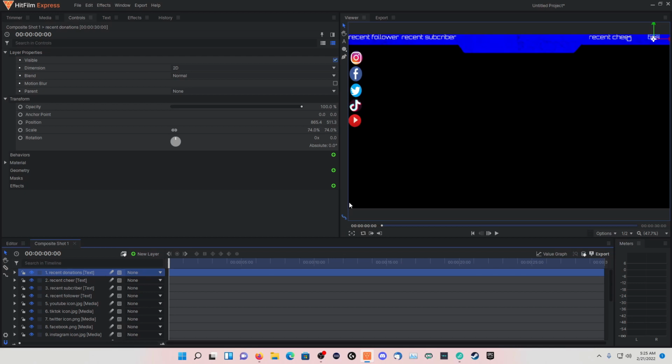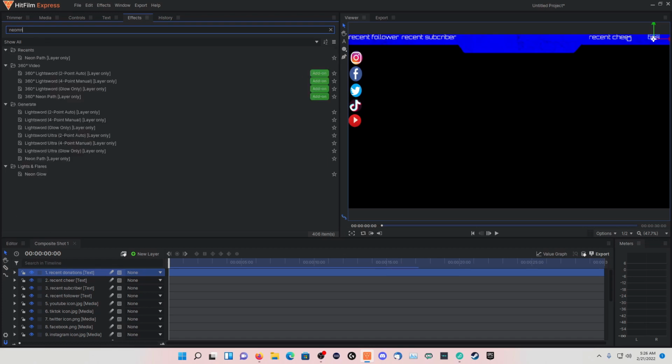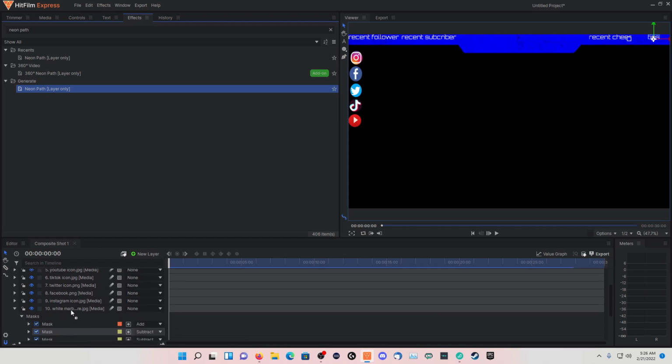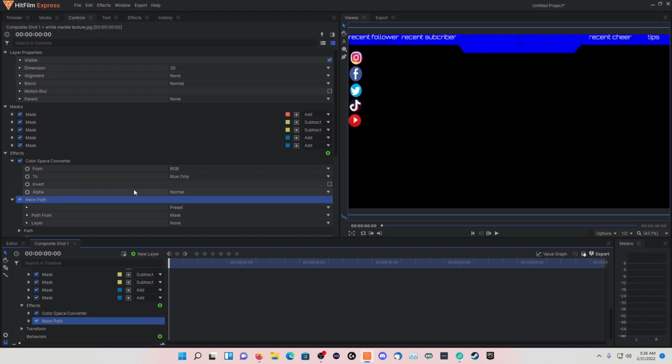Okay, bingo, we have this mask right here, and it kind of looks pretty good. So your gamer tag will be right here, or whatever you want, you do your thing. But go to the effects tab, and let's do neon path, layer only. And we're going to drag it onto the marble just down below right here. Okay, now that we're in the neon path,